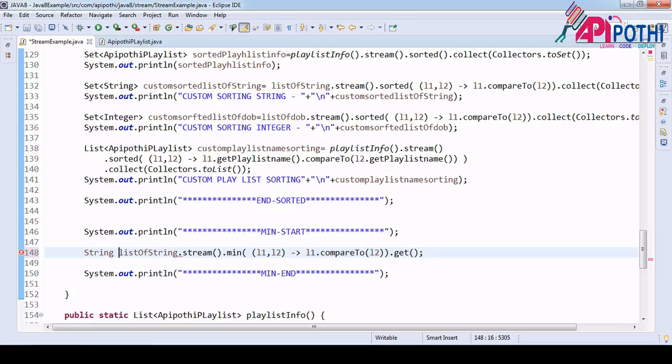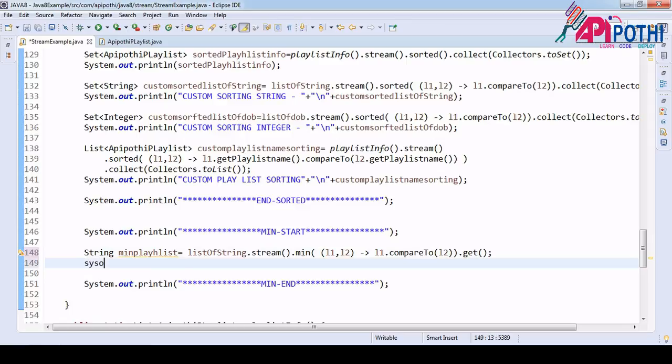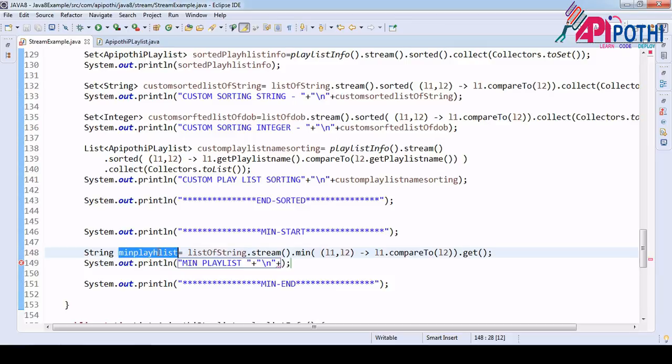String, so which is the min playlist. So here, min playlist.